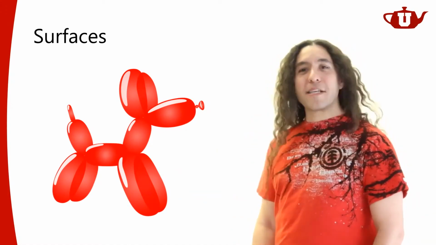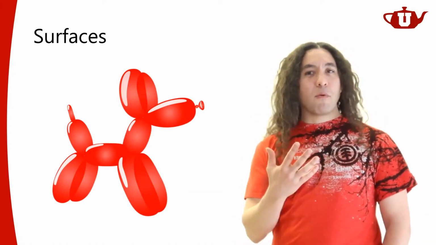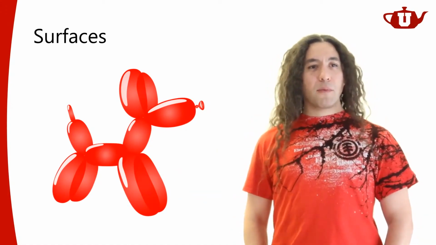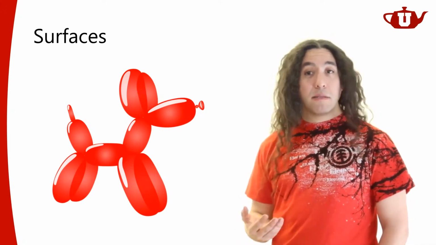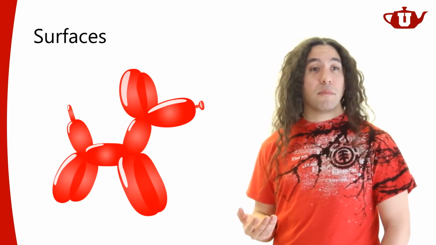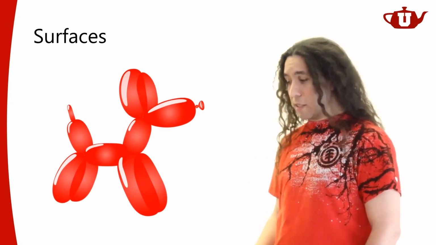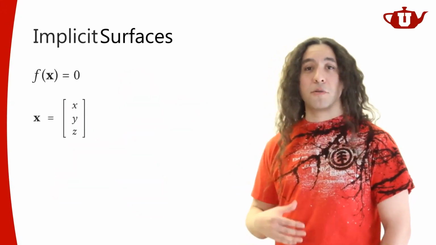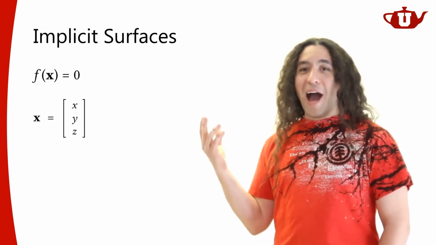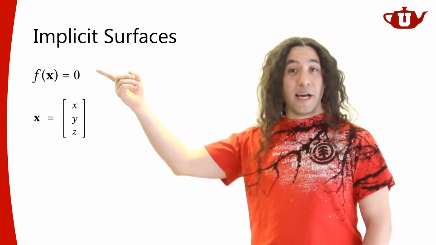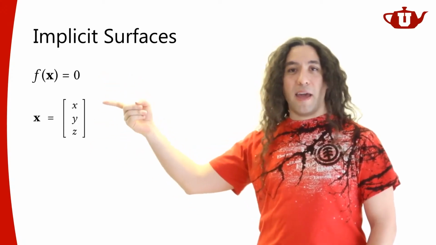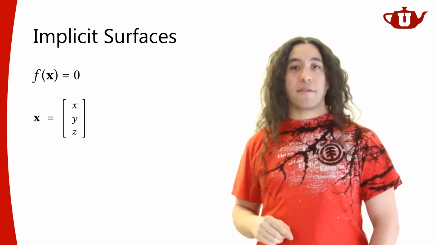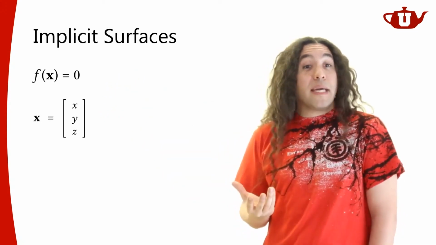All right, so what's a surface? How do I represent surfaces? Remember, when we started talking about curves, we said probably a good way of representing curves would be using implicit formulations, right? Well, we can do the same thing for surfaces. Why not? So that brings us to implicit surfaces. I can define an implicit function like this, such that, in this case, x is just a vector. The solutions to that function can be a surface.